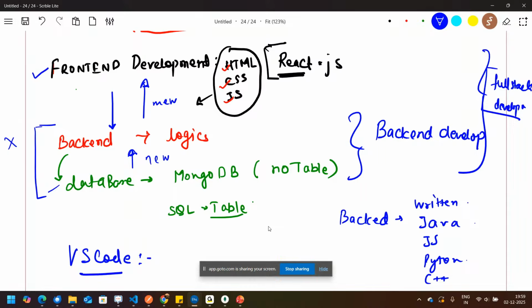Now the queries will change. If you write in MySQL, different query. If you write in PostgreSQL, different query. But what is the ultimate goal of database? To store the data. If you know this, then does it mean what